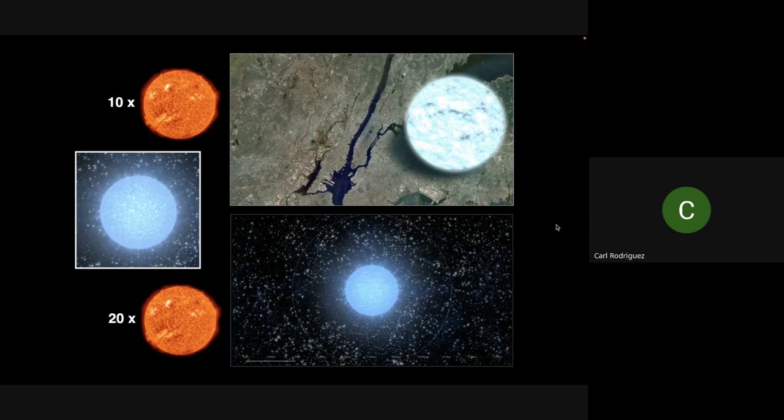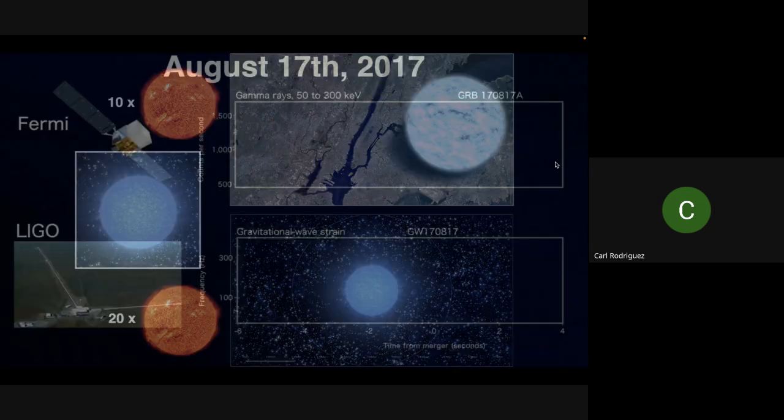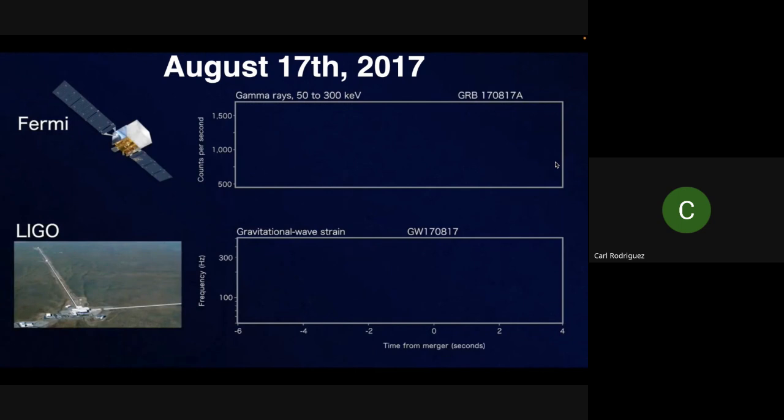To give you some perspective, the neutron star that I'm visualizing here is roughly the same size as Brooklyn, but it's about 1.5 times the mass of the sun. So take 1.5 suns, crunch it down to a space roughly the size of Brooklyn or the Bronx, and you have a neutron star. And so what I'm going to play now is the output of LIGO on August 17th,